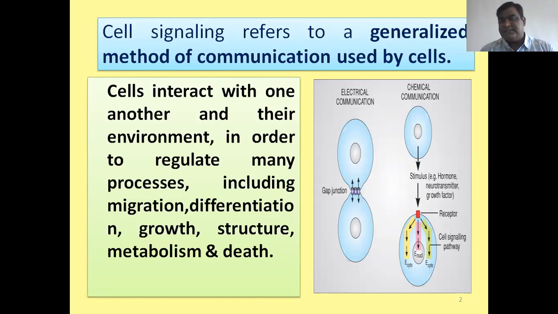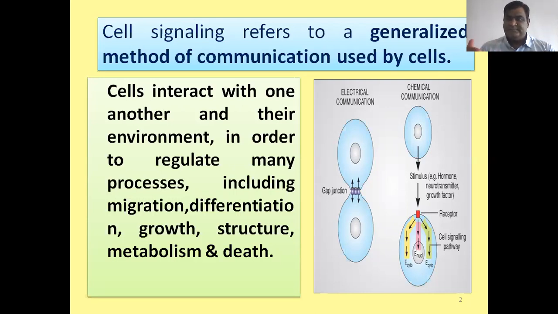But for a far distant cell, because with the advent of the complexity, various cells which are distributed here and there in the body need to communicate with each other. Now, this communication is governed by cell signaling pathways. Now, a particular cell which needs to communicate to another cell will secrete or produce a signaling molecule, which is